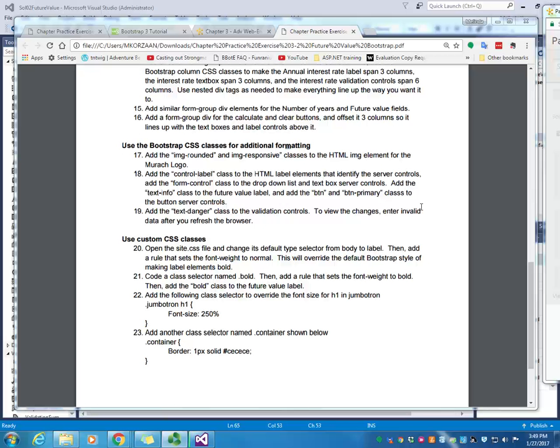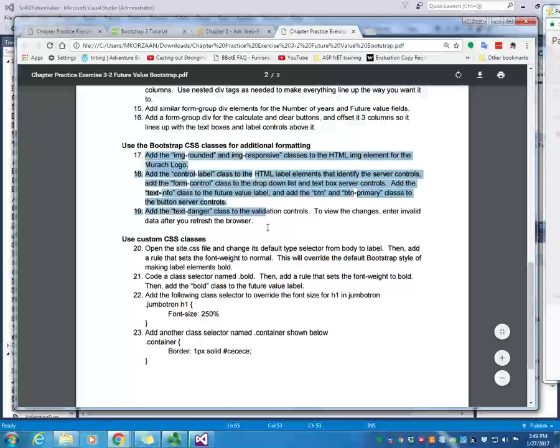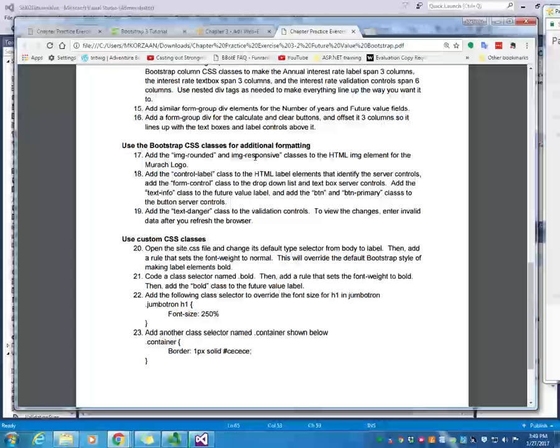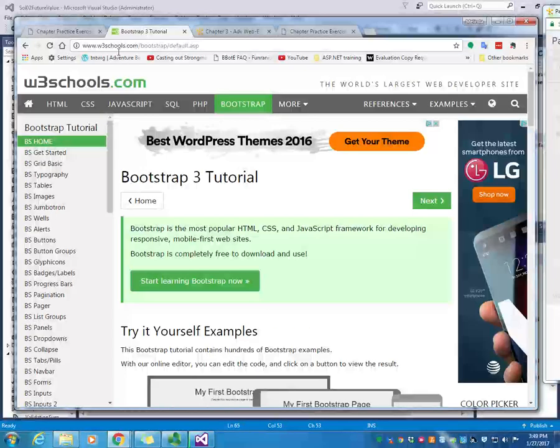We're now ready to include some additional formatting using Bootstrap CSS classes. In the instruction sheet, this will include steps 17 through 19. In step 17, it says to add the image-rounded and image-responsive classes to our HTML image element for the Mirac logo. I want to come back over here to the W3Schools website just to show you an